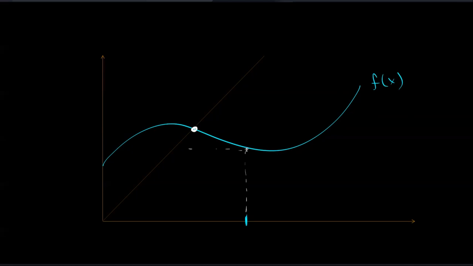Then we hit this guy over here, boom. Then we go to this guy over here, and we go to this guy over here. Oh, we're spiraling towards it. Yep, this guy here is a stable equilibrium. This is a stable equilibrium. So